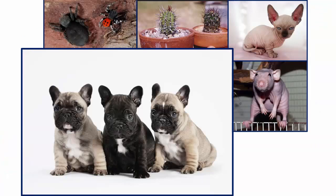So let's look at these and our species concepts. I don't know where to begin. Let's begin at the top left. Those are ladybird spiders. They're rather beautiful, aren't they? Particularly the male. The male is the red one. They're found in Europe. They are not common at all. But if we use morphological species concepts, would we naturally group these together as one species? Based upon what they look like, would you clump them? Probably not, right? But if we use biological, as in can they reproduce viable young, yes,